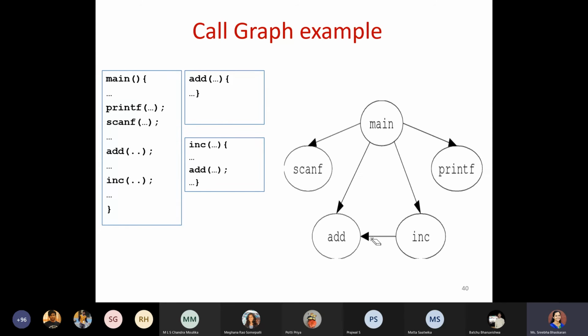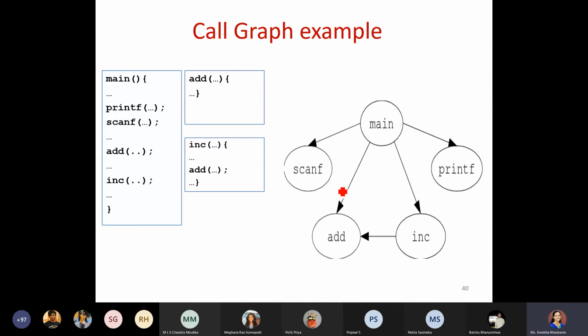The call graph would be drawn in such a way that from the main function, since compilation usually starts from main, main will be the first one which we are calling. From the main function, we call the printf function as well as the scanf function, which are already there in stdio.h.